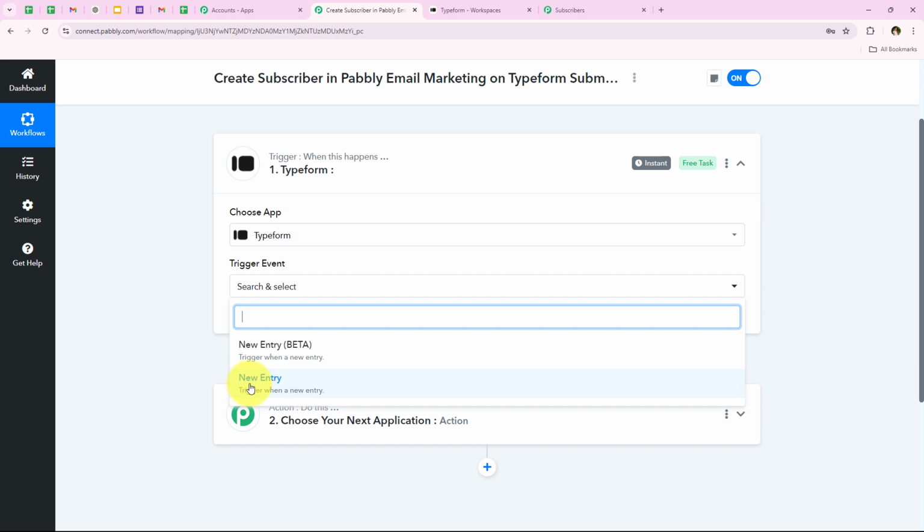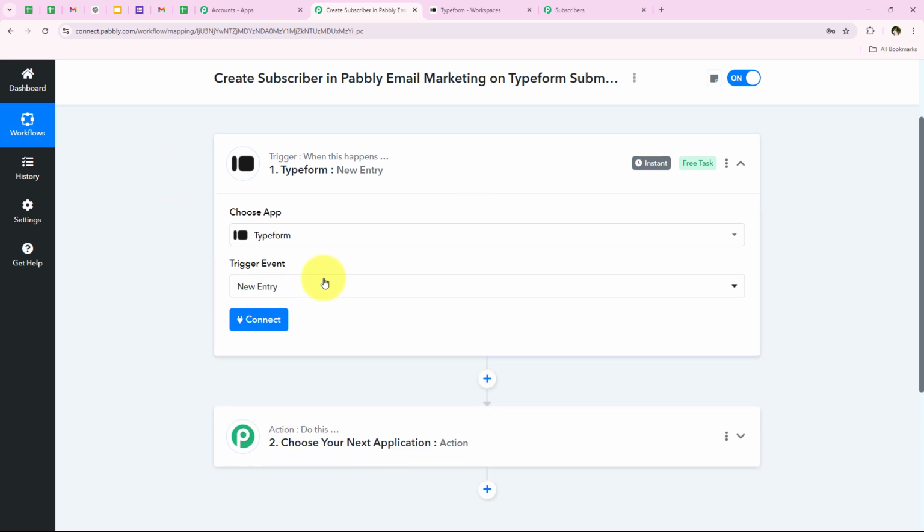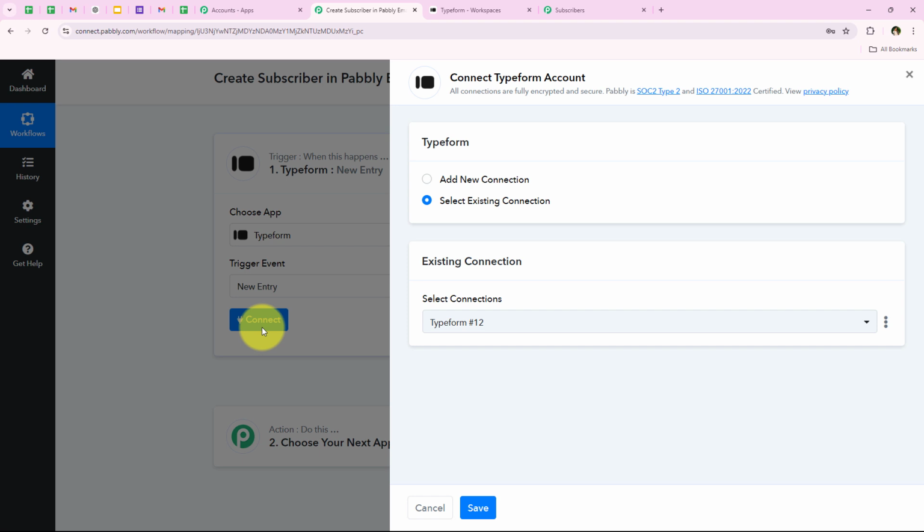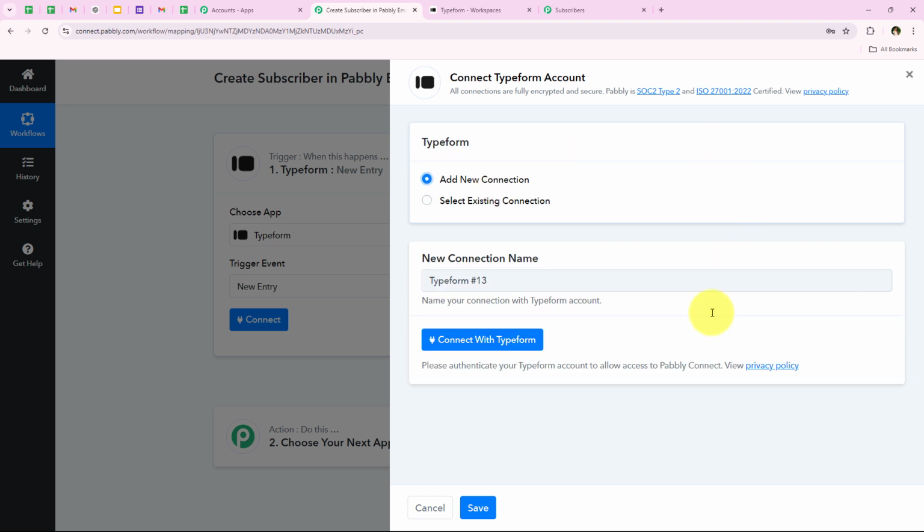And over here I want as soon as a new entry is made, my workflow should be triggered. I'm going to click on connect right over here, and as soon as we click on connect, it is asking me to add a new connection or select the existing connection. So if you have already connected your Typeform account with your Pabbly's workflow, you can click on select existing connection and then save. But if you haven't, you have to follow me, click on add a new connection, and then